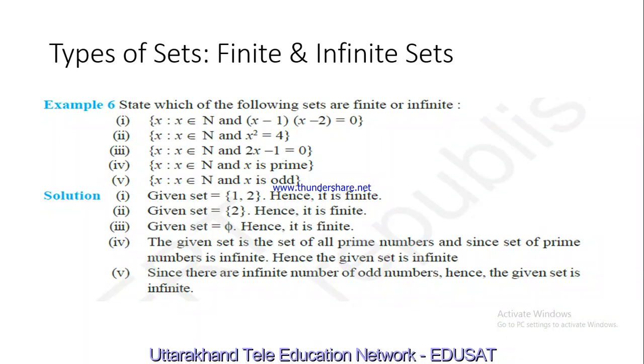Now, let's have a look at the third example. X such that X belongs to N and 2x minus 1 is equal to 0. So X is a natural number, X belongs to N, which means X has to be 1, 2, 3, 4 and so on. And the other thing which has been mentioned is that 2x minus 1 is equal to 0. From here we'll deduce the value of X and we'll find that X is equal to 1 by 2. However,